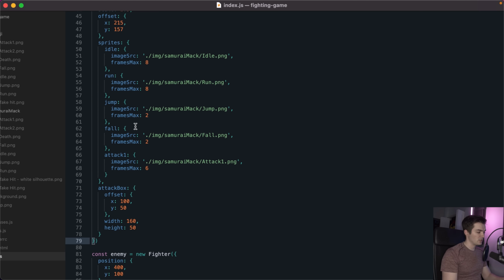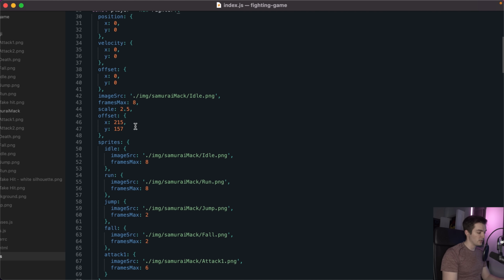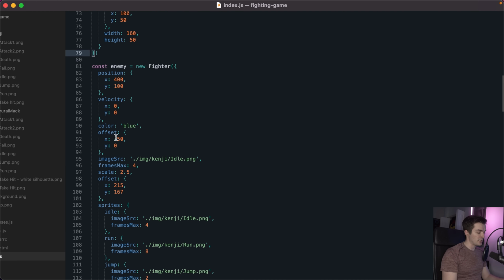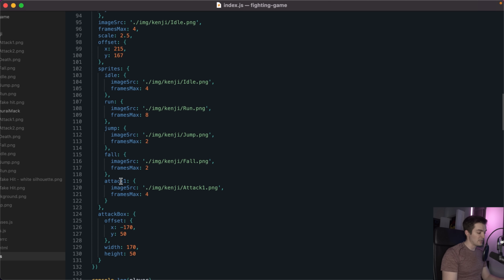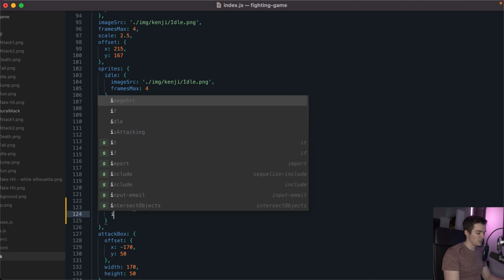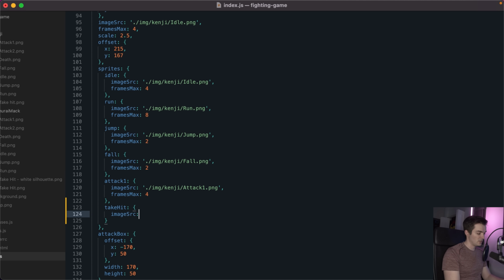Well, we're going to start by heading to where we are creating our enemy. So that's going to be right here on line 81 for me, and I know I want to add in a new sprite for this animation. So I'm going to go to the bottom of sprites right here, and I'm going to call this takeHit. So this is going to be equal to an object, and this object has 2 properties,